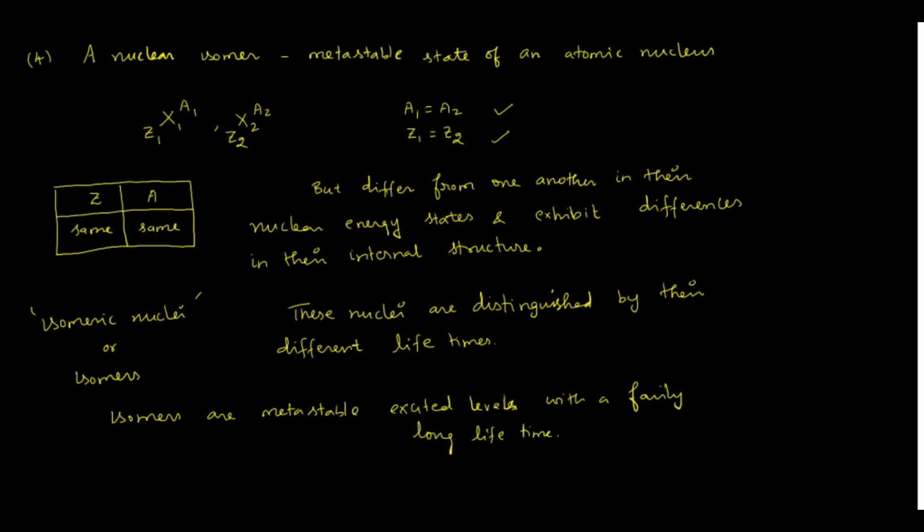So what is an example for this case? For example, let us take bromine. This is 80m Br 35, and it has a lifetime of 4.4 hours, and we have one more, 80 Br 35, whose lifetime is 18 minutes. So this is one example for this case, and we have one more, for instance